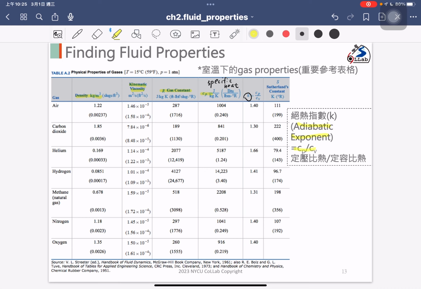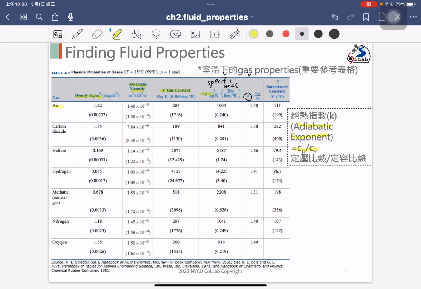But the final two parameters shown here are not important for our class, because in our class we are not looking at the problem associated with the thermal problem. Okay, so in this semester, the material I am focused on is the fluid problems. Okay, but you can see there are some